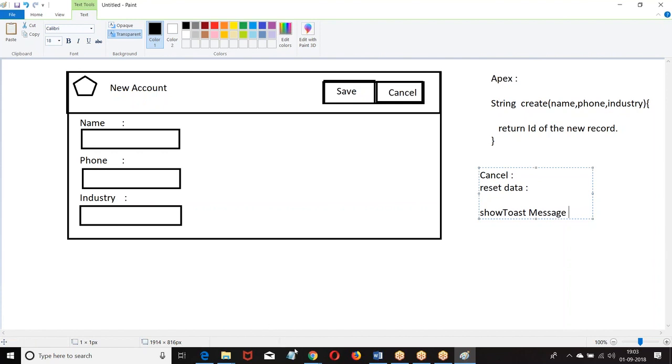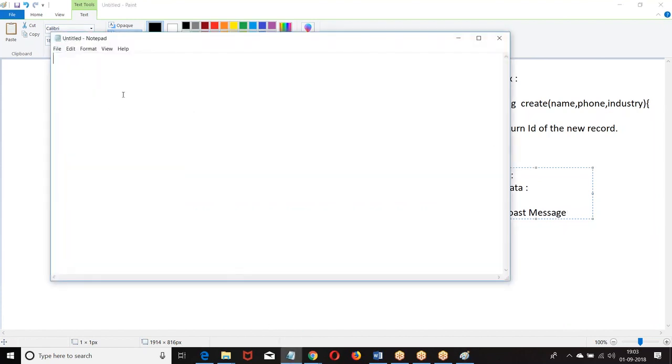So how did you do that? If you want the Apex class to be available, it should be a public class, and the method has to be URI enabled.